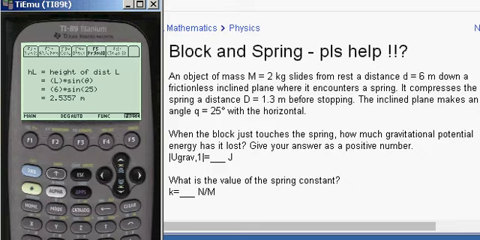For instance, we want to find when the block just touches the spring. Well, that would be the potential energy of the L, okay? The mass flowing down the ramp until it hits the spring. And as it flows, it loses potential energy and starts to gain kinetic energy, etc. So you've lost potential energy totally when it hits the spring. And so that is going to equal 49.75, which is the answer of this first one here. And then, of course, we answered the spring constant